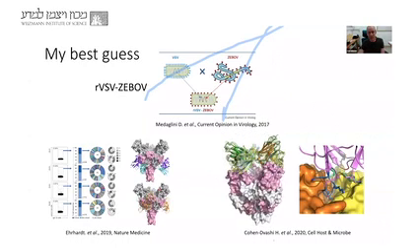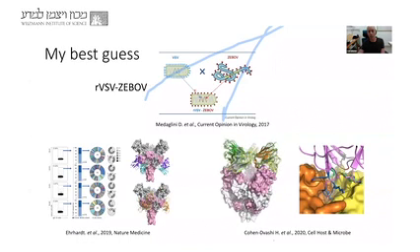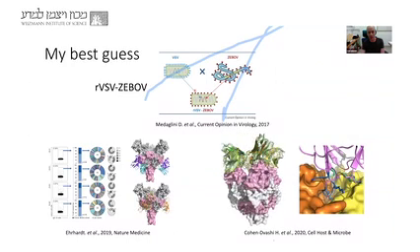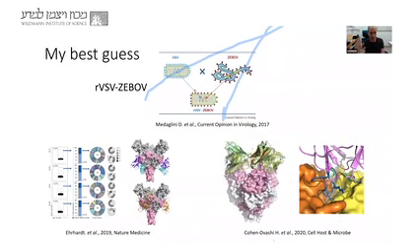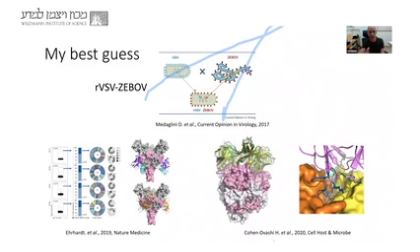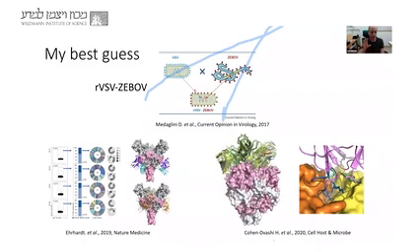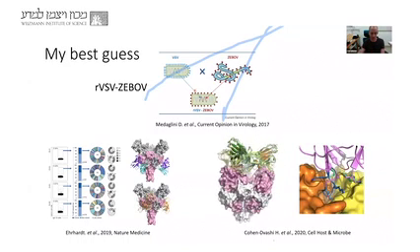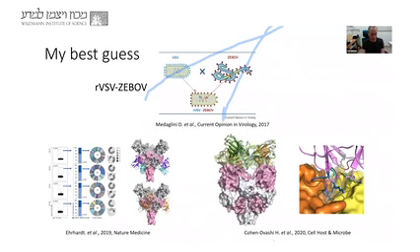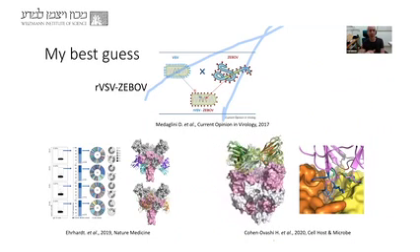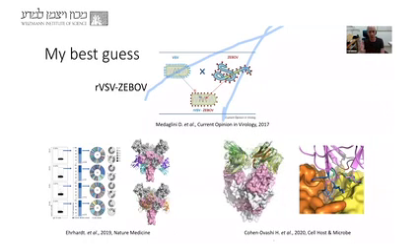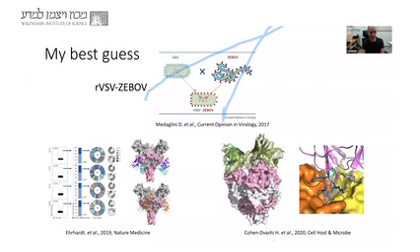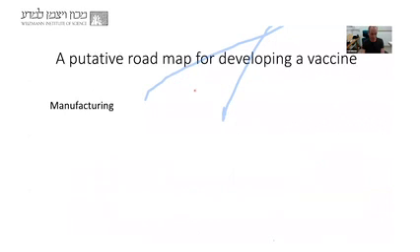And the conclusion is that this particular approach really presents the viral components in a very ideal way that is suited to develop a very good immune response. So this is one reason that I think this approach would be one of the more promising approaches to fight the coronavirus. So many groups and pharmaceutical companies already started to produce such vaccines. And the question is, what would be the roadmap for development?